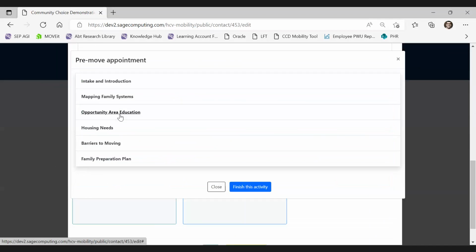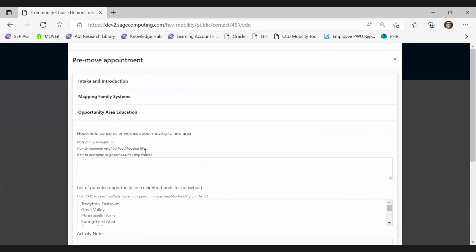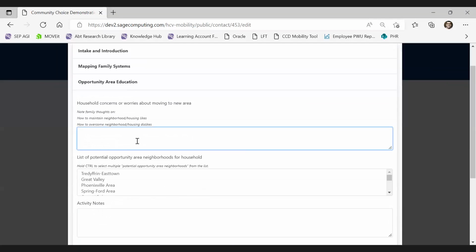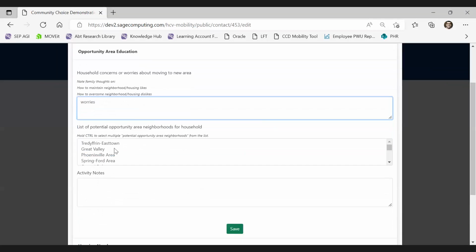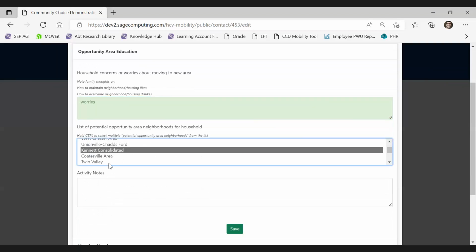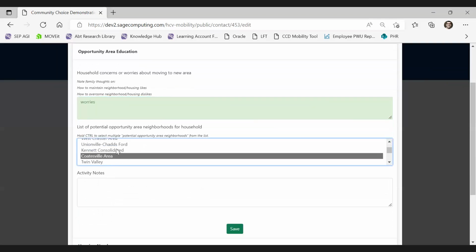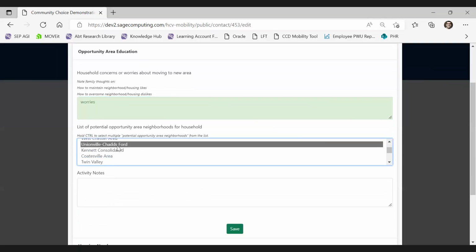Clicking save, you can move to the opportunity area education activity. First note any household concerns or worries about moving to a new neighborhood. You will then see a list of opportunity area neighborhoods in your site, and you can click on each opportunity neighborhood to select it.